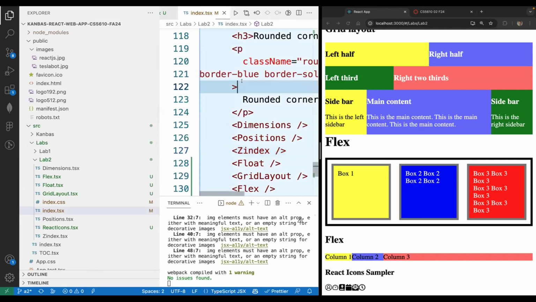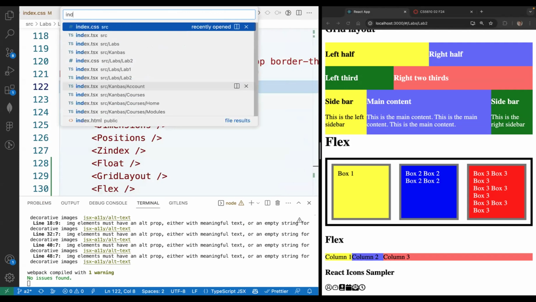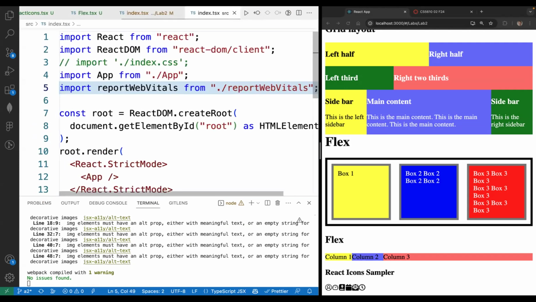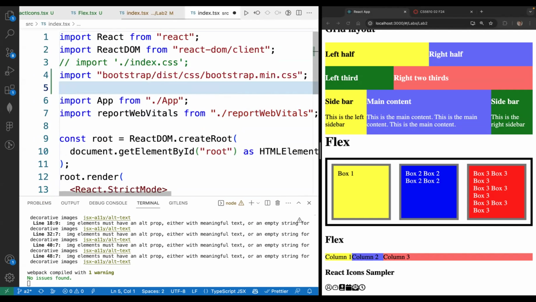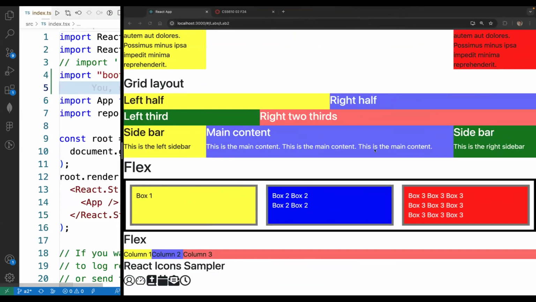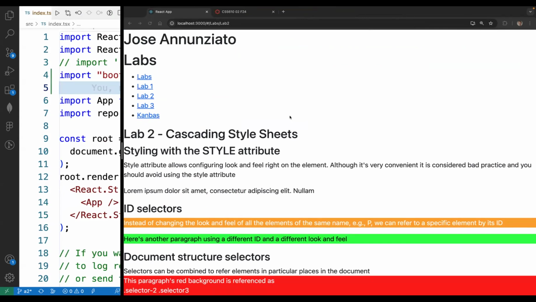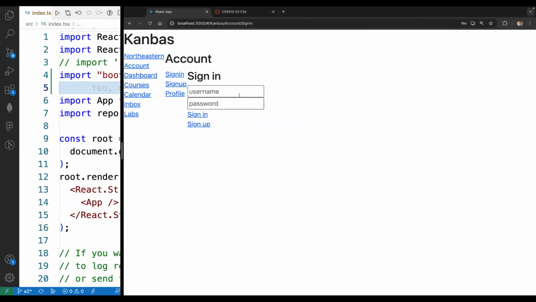We're just going to go into our index at the top level, our index in the source. So here, we're going to import Bootstrap. There it is, right? You'll notice that right away when I imported that, my look and feel here changed immediately. For instance, look at the fonts. The fonts are different, right? And all of them. So if you go to Kanbas, all the fonts are different. No longer are we using the default fonts. Now it's using, I think, Arial or something, but it's no longer using the Times New Roman,